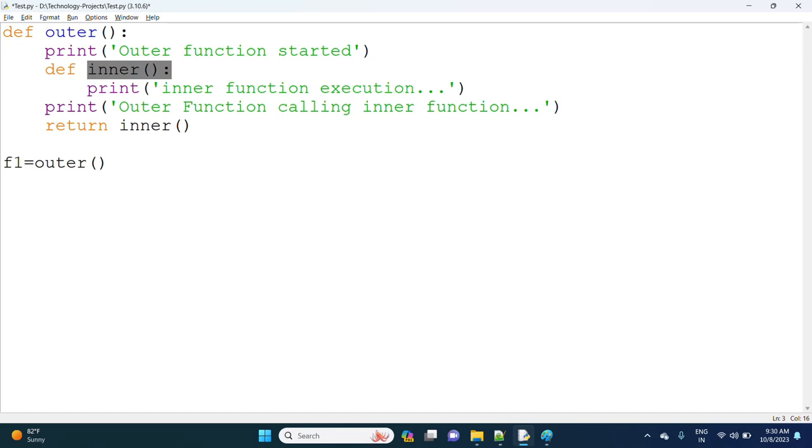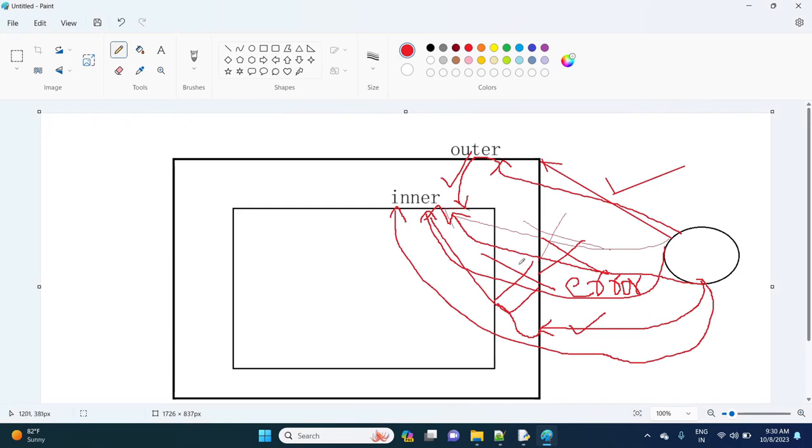Observe my terminology carefully. I am returning inner function means outer function is returning inner function. This inner function gets the capability to be accessed directly from here. In the previous example it is not possible, but why is it not possible? Once you executed this outer function,